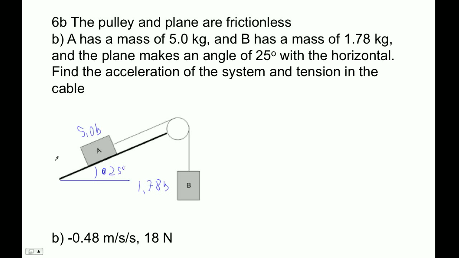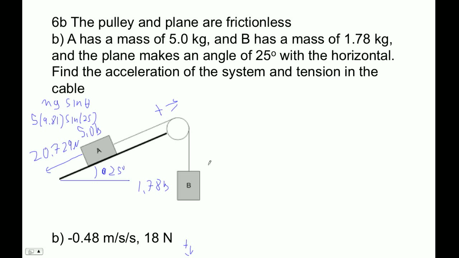It might be a case where actually A accelerates down the plane, but let's still guess that the direction of acceleration is this way, right? That everything accelerates that way, right? Okay. Our force of A, this parallel force acting down the plane, is mg sine theta, right? Okay, so let's bust that guy out here. 5 times 9.81, 9.81 times sine of 25. Sine of 25 is 20.729